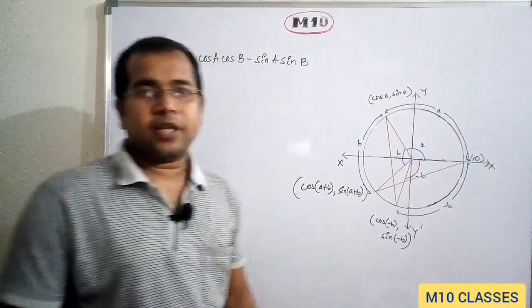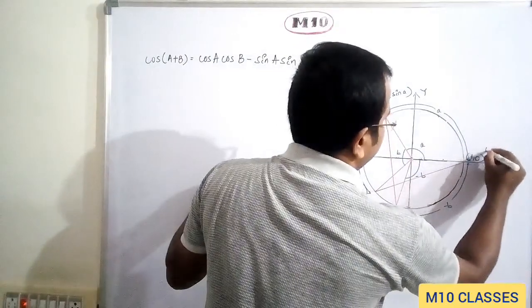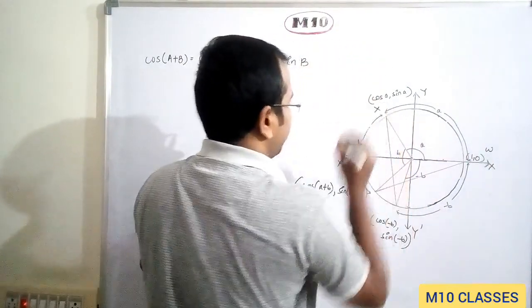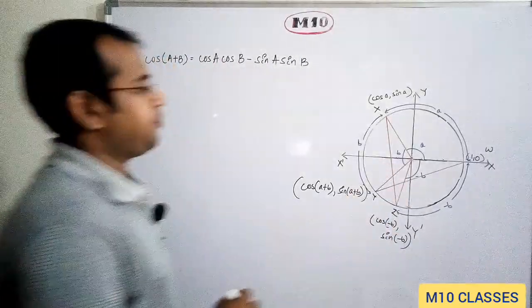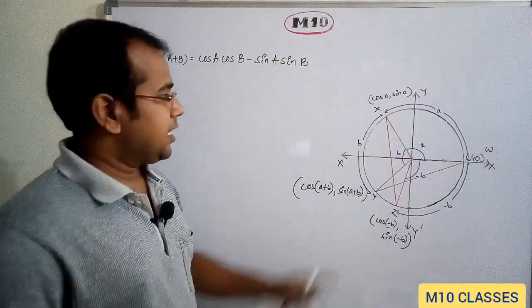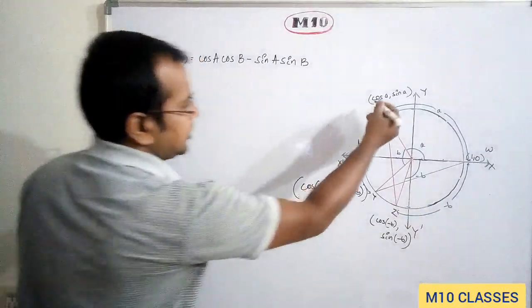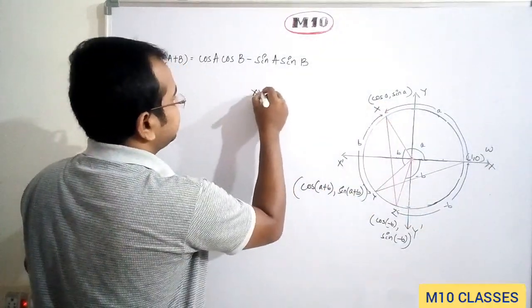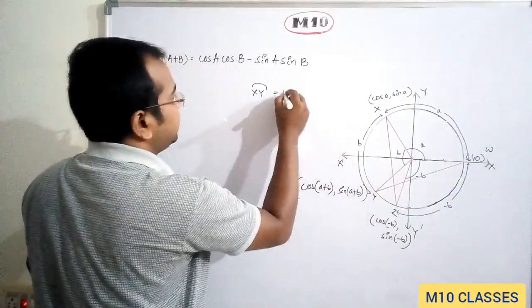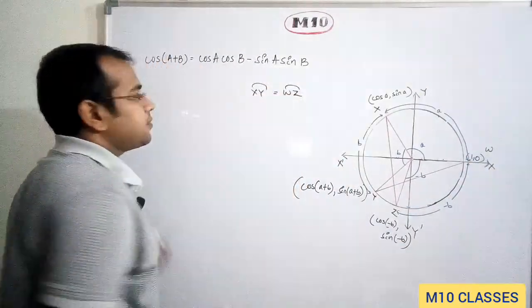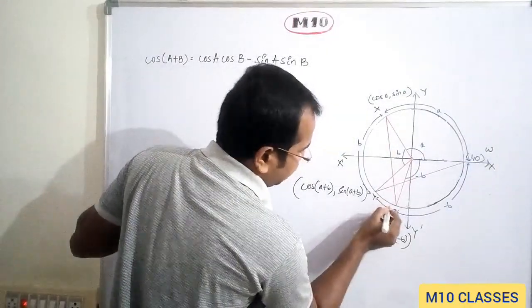Okay, now students, let us name these points. Let's say this is W, this is X, this is Y, and this is Z. Now, as these two angles are the same, the arc XY is equal to the arc WZ. Now if I add this arc YZ,